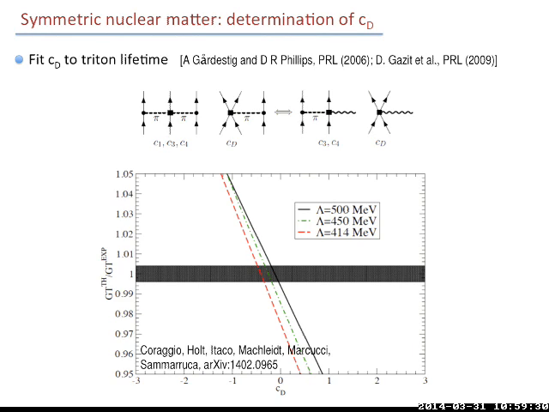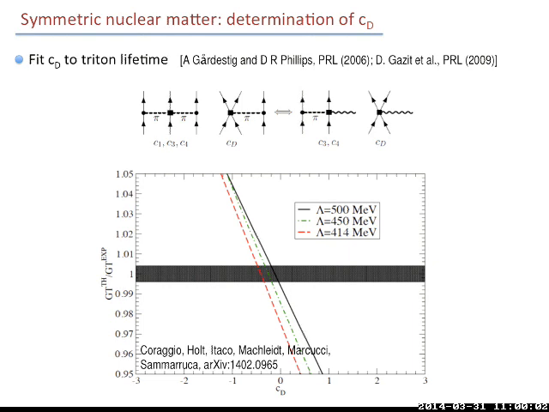Here is the calculation that Laura did for these different cutoff potentials, fixing CD very precisely just to the triton lifetime. This is the theoretical divided by the experimental. There's some error band, but this can pin down very accurately the value of CD, which was first suggested by these authors a couple of years ago,